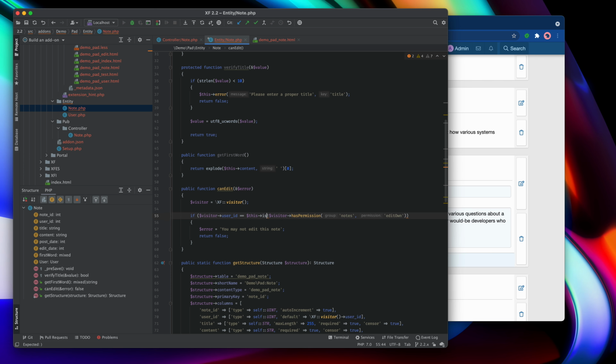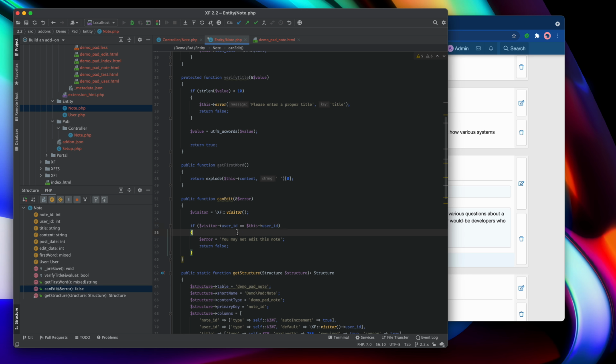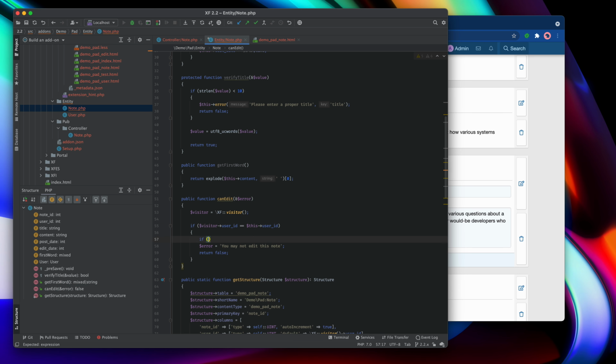But that's still not the entire story, because we've got another permission for edit. We've got edit any. So this time, let's reorganize this slightly. We'll take that out and we'll say if you don't have the permission, then throw the error.